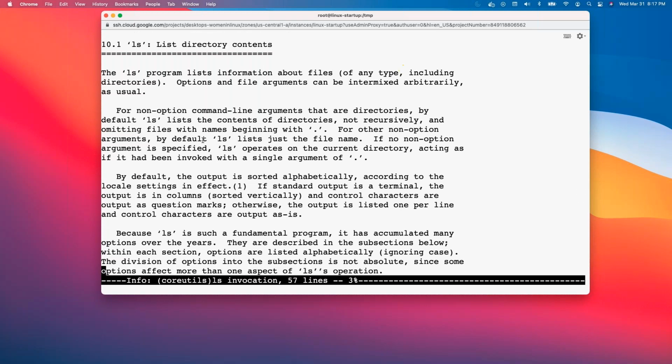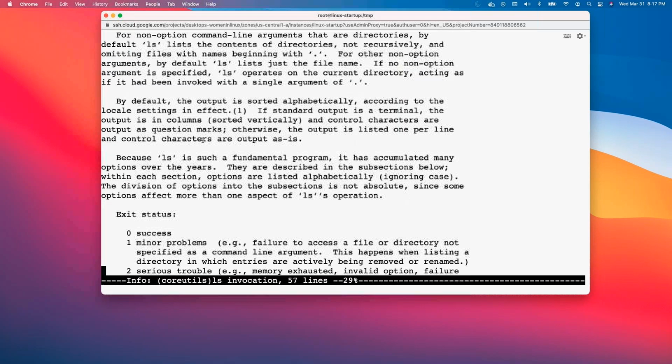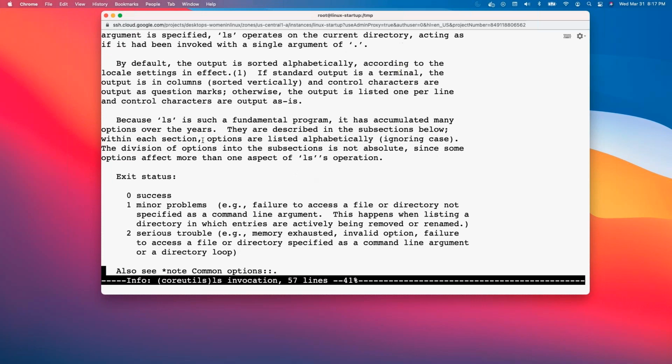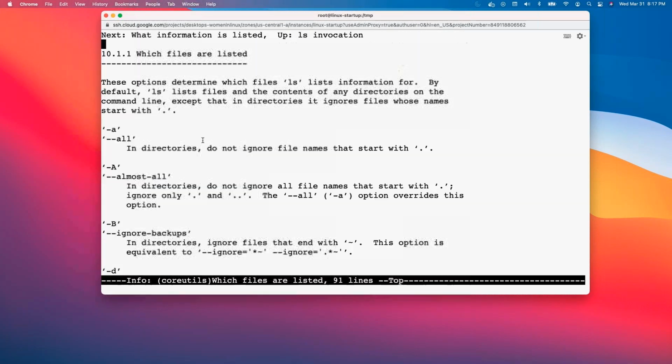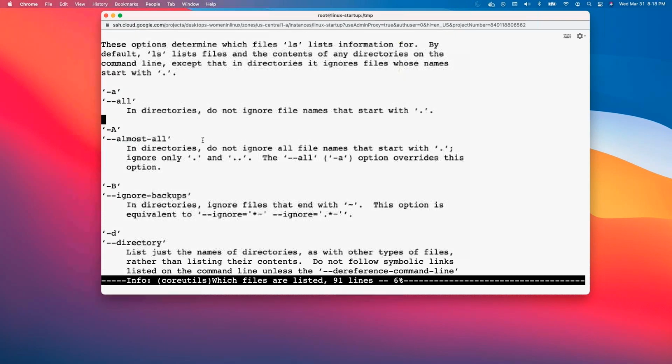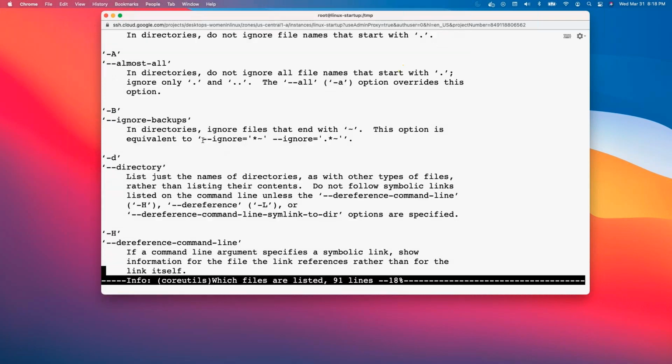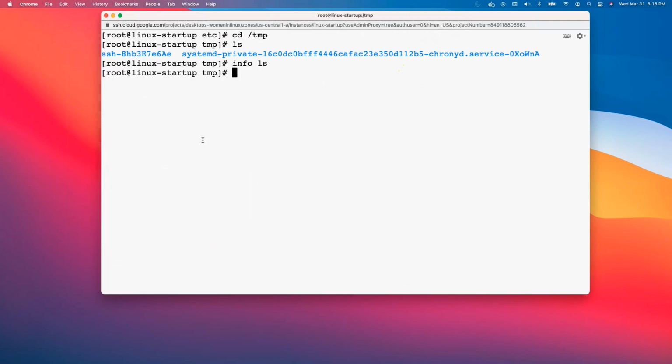And it also goes over what the fundamental use of the program is, the menu, and some footnotes, and then they break down all the things that you could do, the options that you have with ls. So that's using info. Now, another thing that I didn't bring up about man pages is